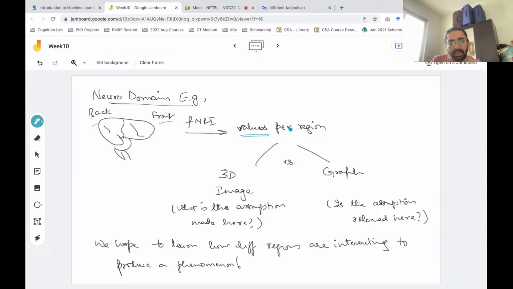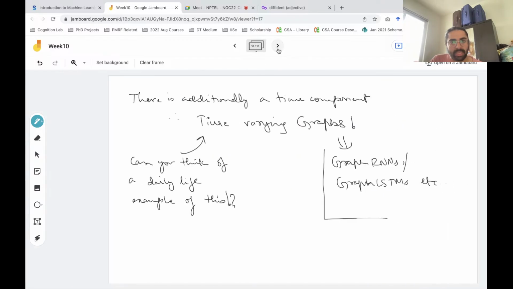Now what you can do is treat it as a 3D image, right? So treat it as some volume, where each of these elements has some value in it, and use a CNN sort of approach to solve it. Or you could model the brain as a graph. For example, the PFC, the prefrontal cortex, is one node of my graph. I have, for example, V1, the visual cortex at the back of the brain, as another node. Basically assign values to these nodes, and then try to learn how these regions interact with each other to produce some phenomena. Okay, so this is the idea of using graphs